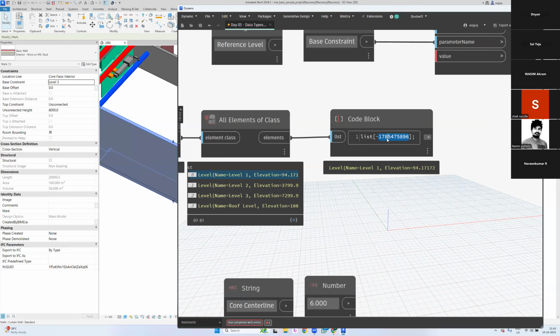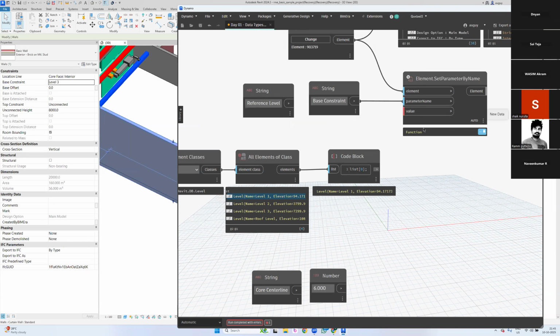It should be less than 0. Clear? I don't want this to confuse you. Forget about these minus values for now. We'll discuss it later. Just focus only on the index numbers 0, 1, 2, 3. That's it. Now I just want to play with list of 0. Since this is expecting only one value, when I connect this to this,